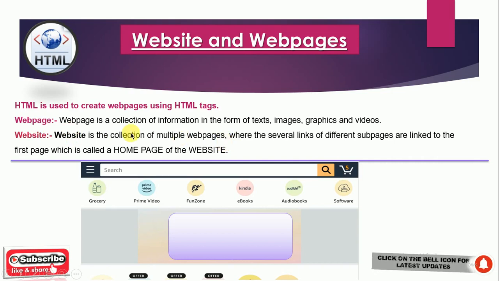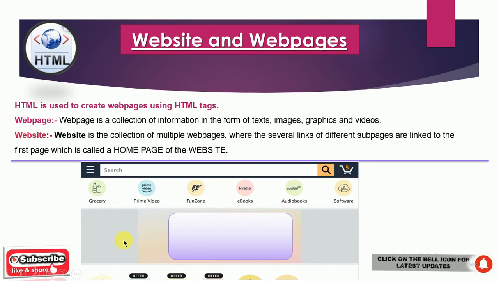Several links to different sub pages, that is the web pages, are linked to the first page, which is called the home page of the website. From this diagram you can understand well. This is the picture of some particular website.